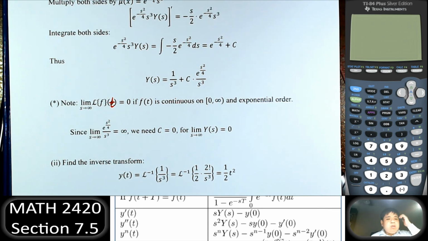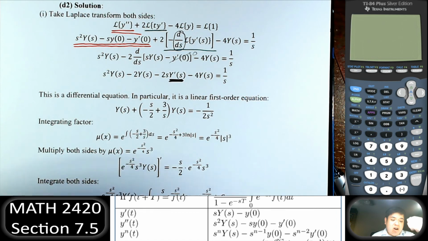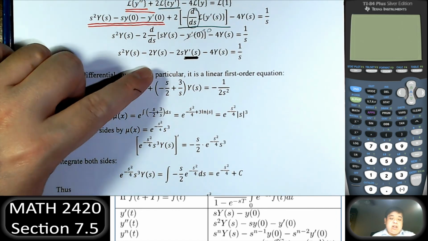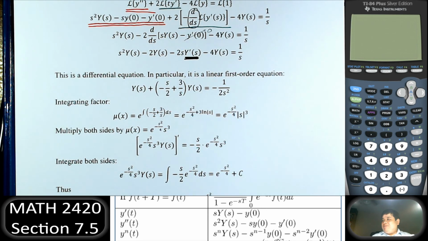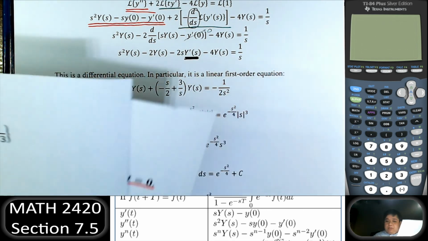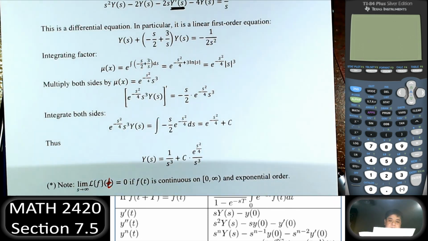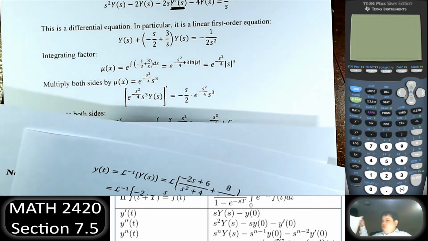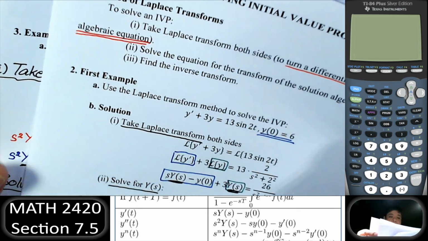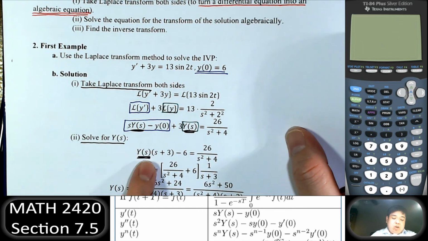I said this problem is a little bit advanced, because when we apply the Laplace transform, what we have is not an algebraic equation, it is a differential equation. So we have to do that. But in the big scheme of things, what we do in this section is use the Laplace transform to solve the initial value problem. So we take 3 steps: take the Laplace transform to turn the equation into an algebraic equation,